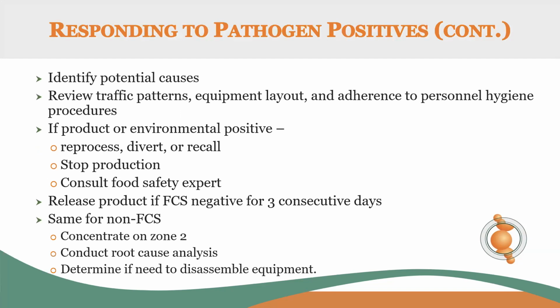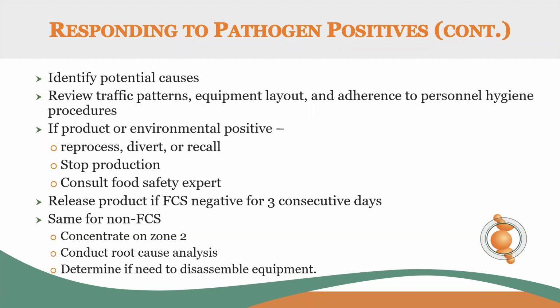So further actions to be taken in responding to a positive pathogen result are to identify potential causes. An extensive review of traffic patterns, equipment layout, and adherence to personal hygiene procedures will help to identify these causes. If product or environmental positive, then you should reprocess, divert, or recall product as needed. We may need to stop production. And then, of course, you can always consult a food safety expert if you need some help with that as